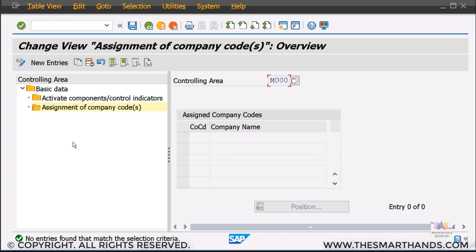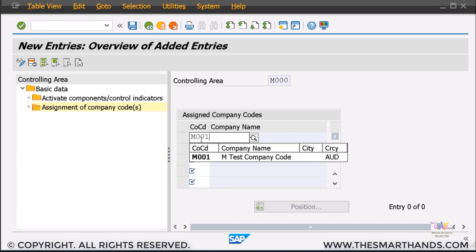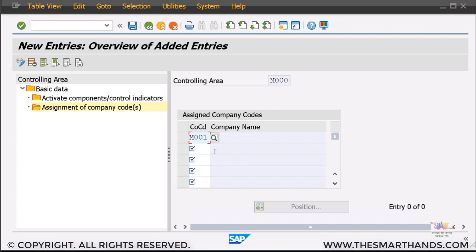The method you do is just click on new entries over here and just select your company code from here, or if you know, you can just directly type it in as well. M001, it's already coming up over here. And similarly, if you have multiple other company codes which you want to assign to this controlling area, you can specify them as well. For now, I'm just going to put one,